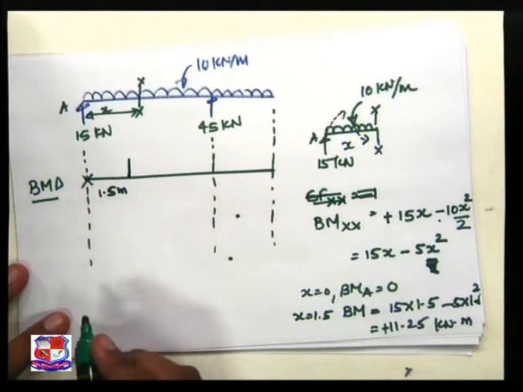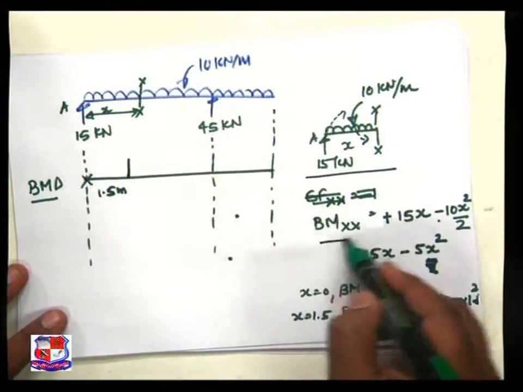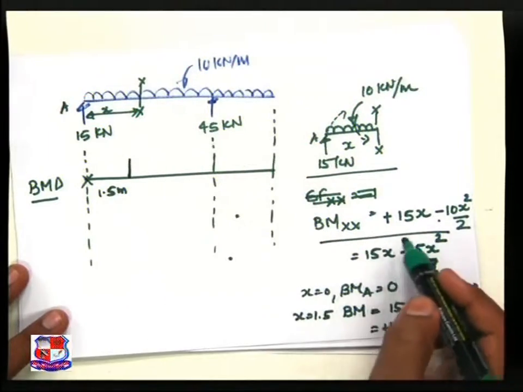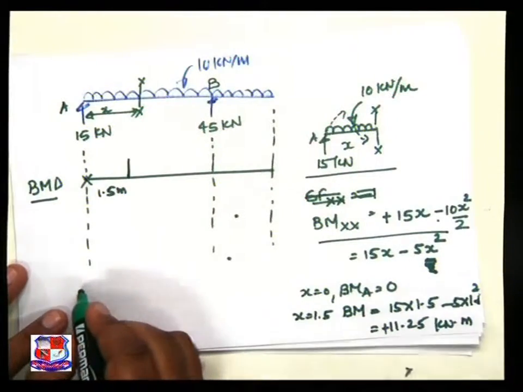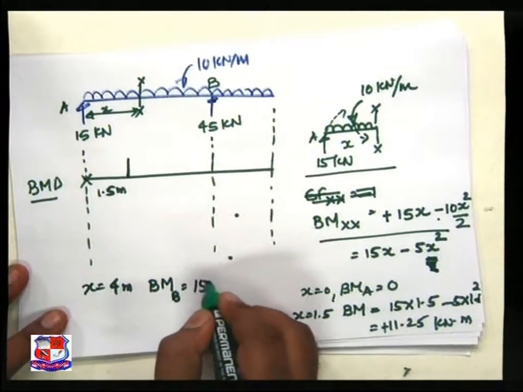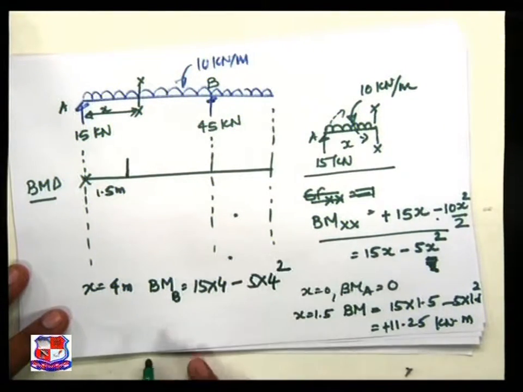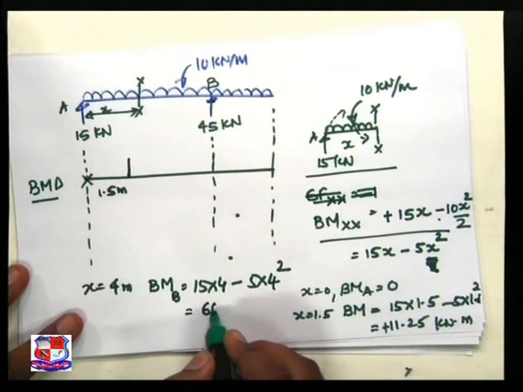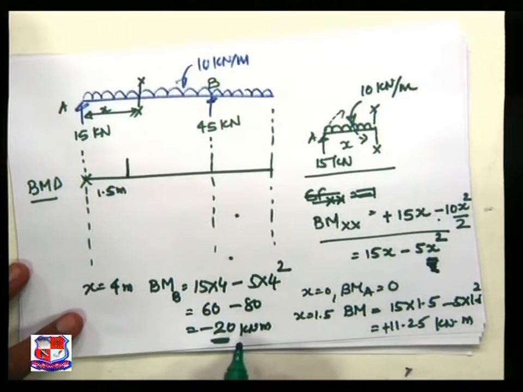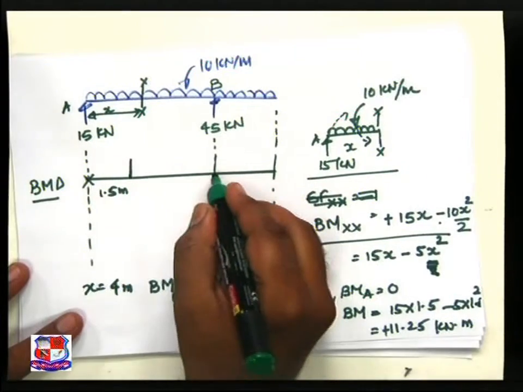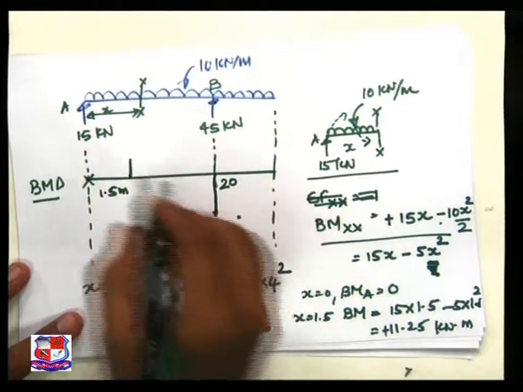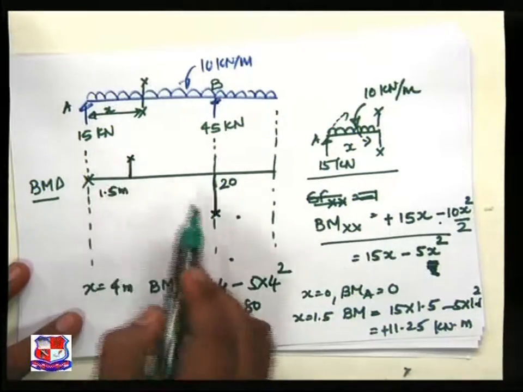Now next, this equation is valid up to B point, because from A to B a single load is given to us, that is the UDL. So this equation is valid up to the B point. So I have to put x is equal to 4 meter in this equation. So BM at B is equal to 15 into 4 minus 5 into 4 square. Now this is equal to 60 minus 80, and we achieve minus 20 kilonewton meter. So right now we achieve this ordinate of 20 with minus sign below baseline, and I have to join these 3 points 1, 2, 3 using